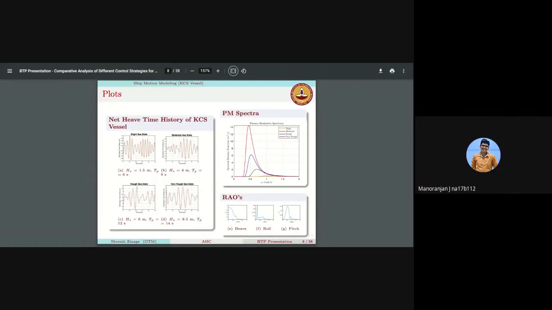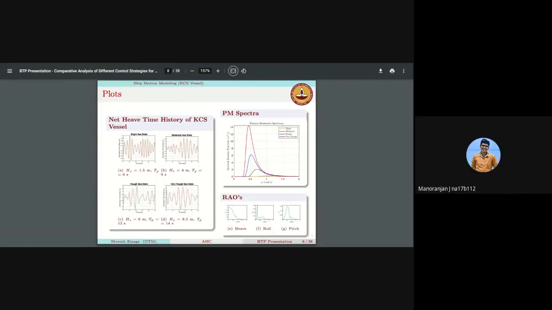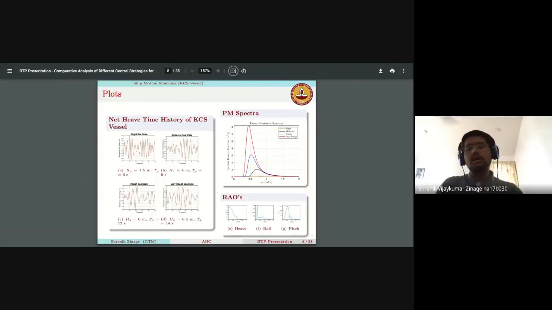Okay, so how do you think in actual cases, in an actual environment, it may vary from your current observations? Any idea about that? Yeah, in actual situations, the first thing is that I assume linear wave theory in order to calculate the time history. In real life applications, we might have non-linear waves, and the effect of that on the interaction of the ship might be different. So the heave time history can also be different. Okay. So the whole study has been done using linear wave theory.